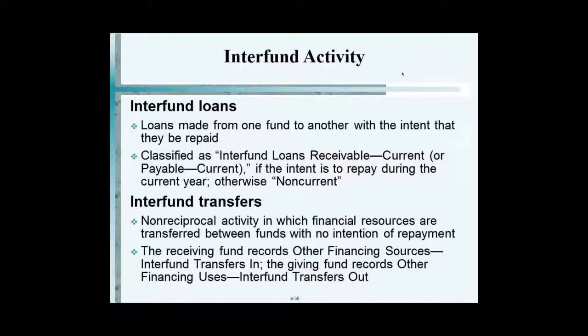The magic rule that you should always remember is that any transaction that occurs within the 5 governmental funds, general fund, special revenue fund, debt service fund, capital projects fund, permanent fund, any transaction that occurs within the 5 on the government operating statements, you have to eliminate those transactions. You don't want to be double counting transactions. It's like transactions occurring within the same family.